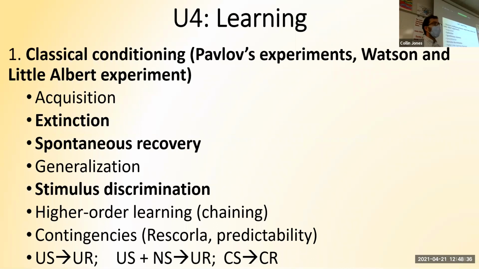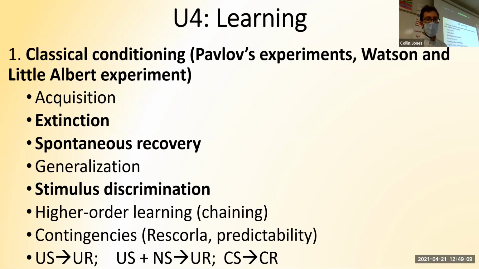Generalization. What did Pavlov do with the dogs? He got them to do what at the sound of a what? He got them to salivate or drool at the sound of a bell. Wonderful. If they only salivated to a very specific bell, we would call that discrimination, being able to distinguish or tell the difference between multiple stimuli. If pretty much any bell or any bell-like sound made them salivate, that would be called generalization.